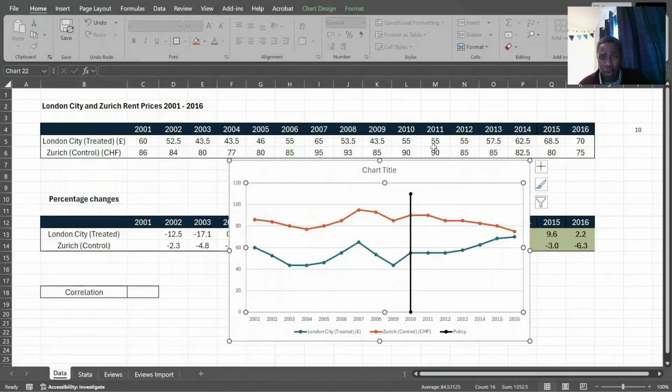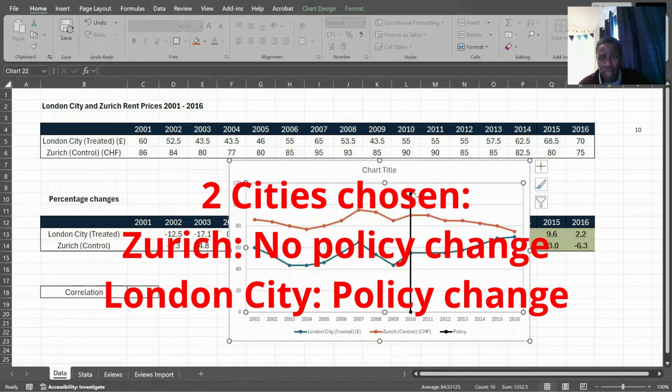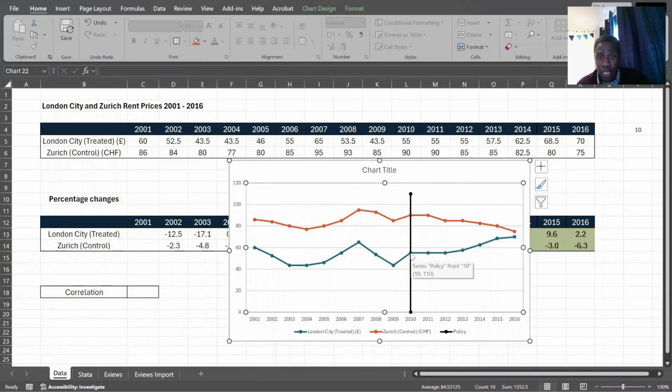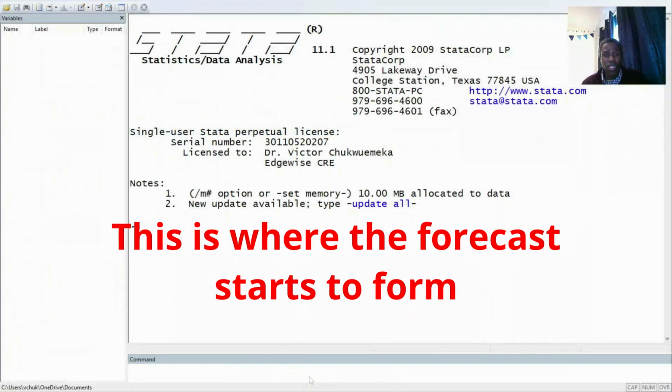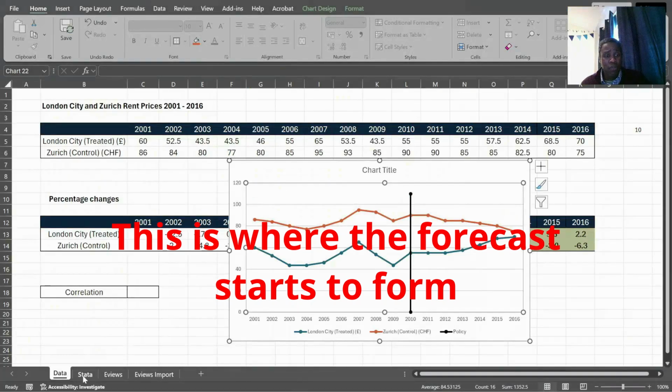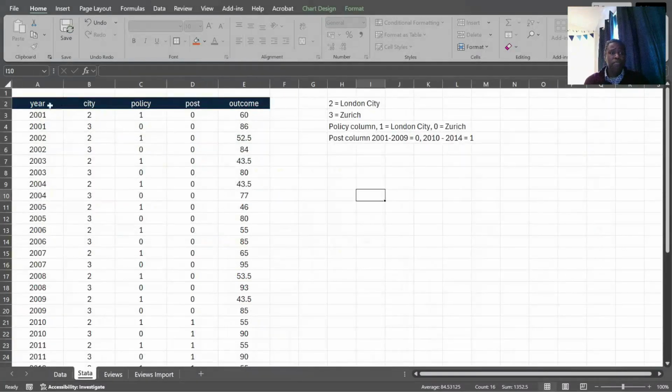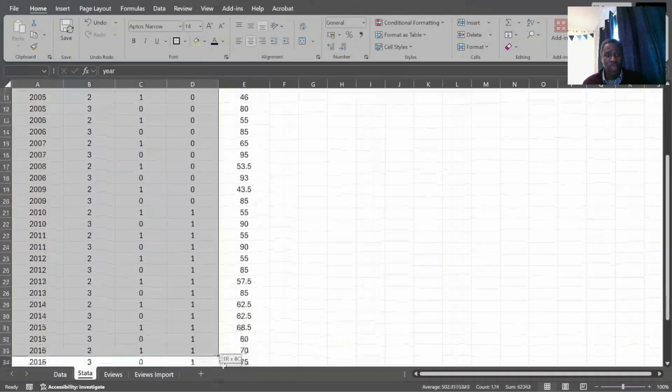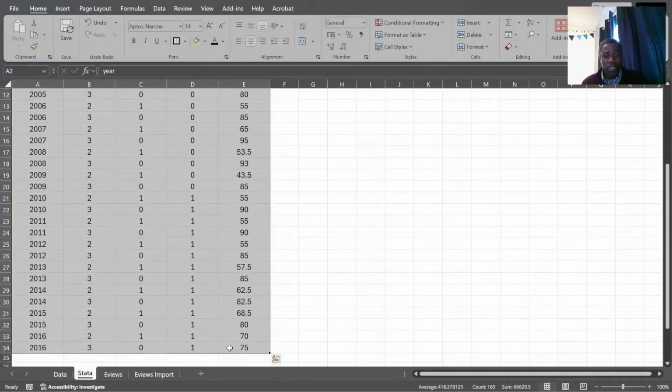Okay, so this is our policy line here. This is the implementation of the policy, so the business rates suspension. And we can see thereafter, London has a slight uptick, and we'll measure this properly, and Zurich is the converse. What we're going to do is take the data from this data. I've got it here. So just going to take this quickly and put it into